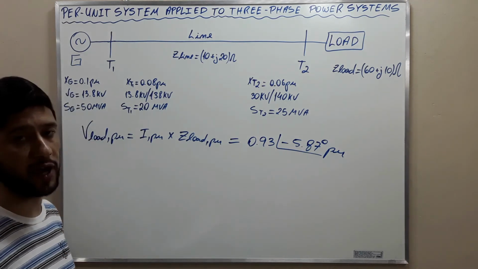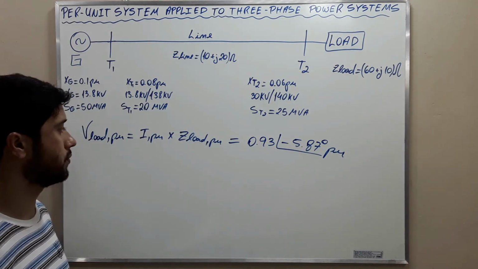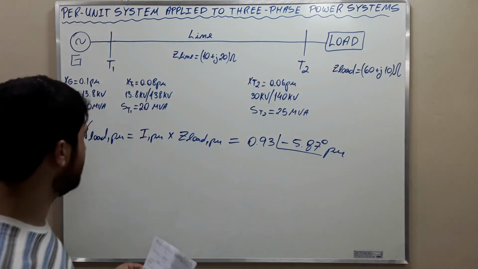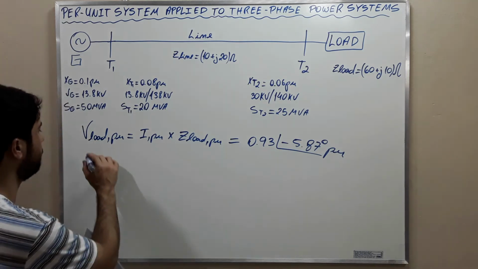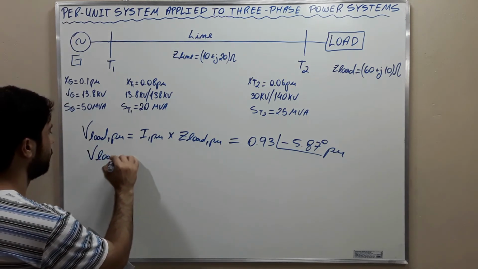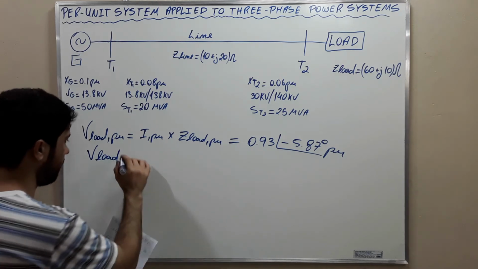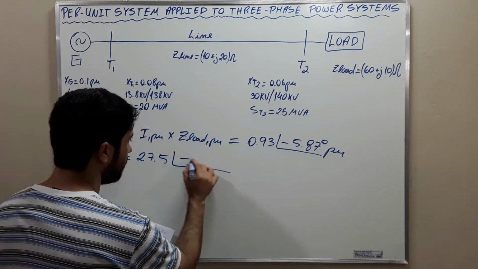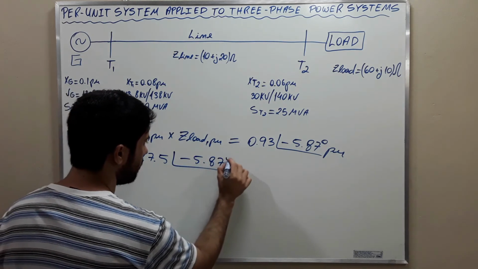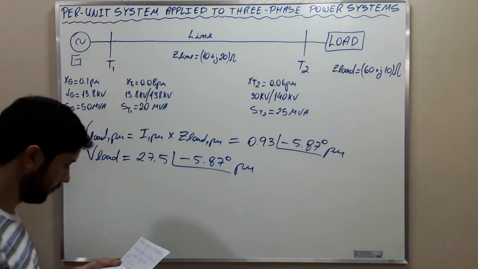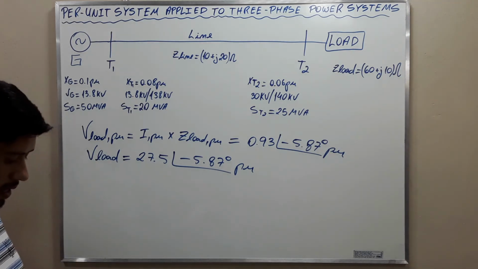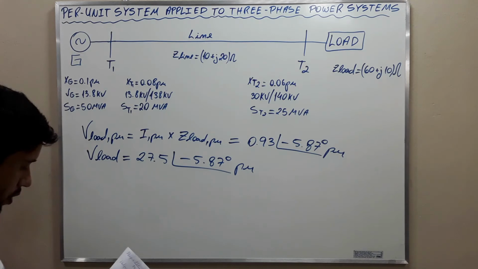and using the base value for region 3, if you remember we calculated it, we find that the voltage at the load in volts is 27.5 okay. This is the value of the voltage at the load, and the current at the load will be